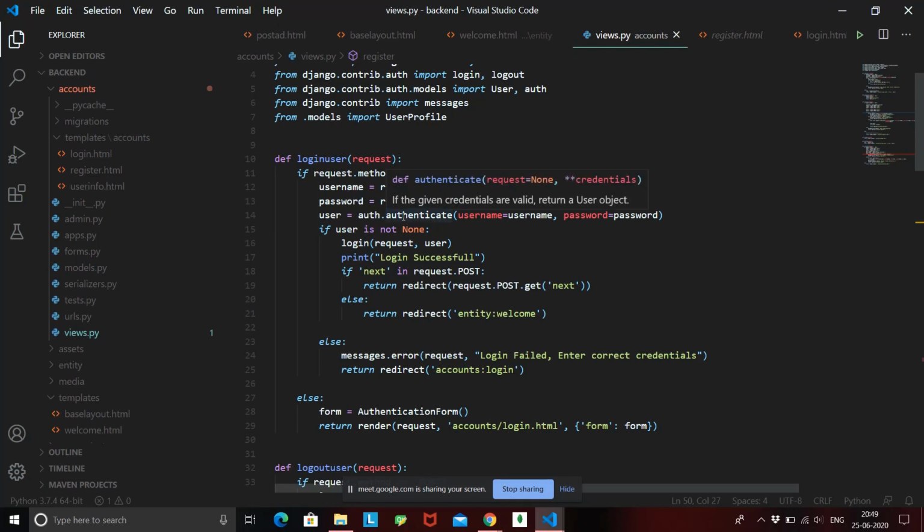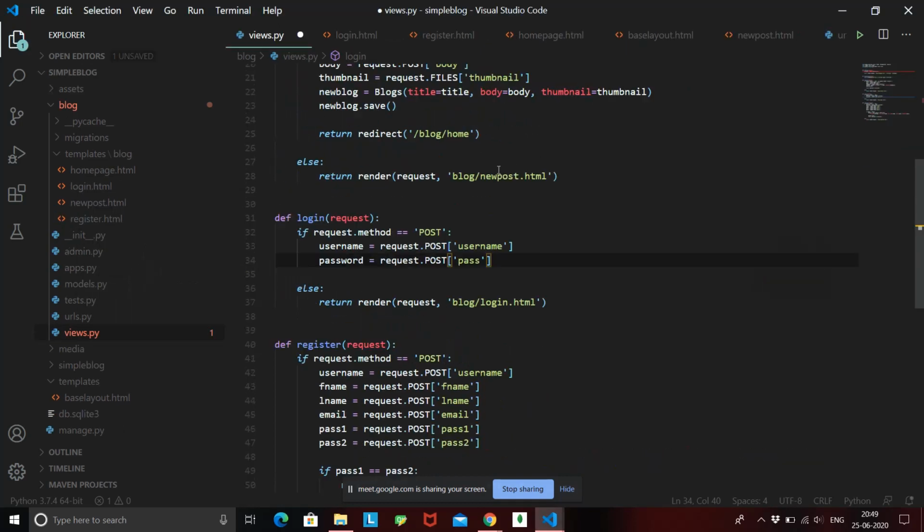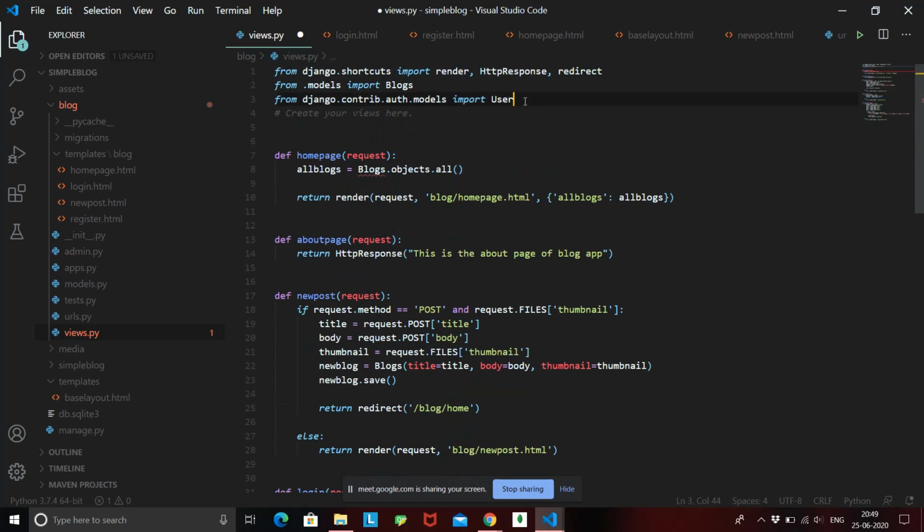Okay, and this function should be imported from Django inside the folder of where it is coming from. This is coming from auth. So now what we need to do inside our folder is that as we imported user, we also need to import a model of auth. Auth is basically the authentication model, and this authentication will check if the users are present inside your database or are they registered on a site or not.